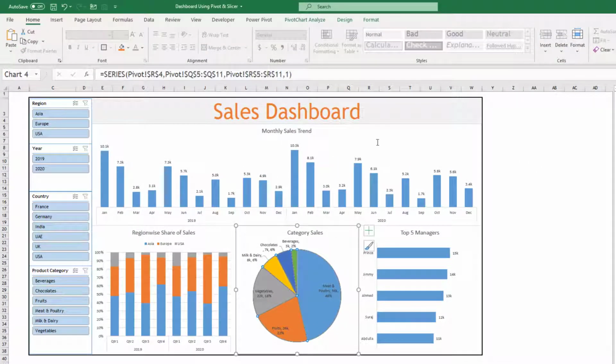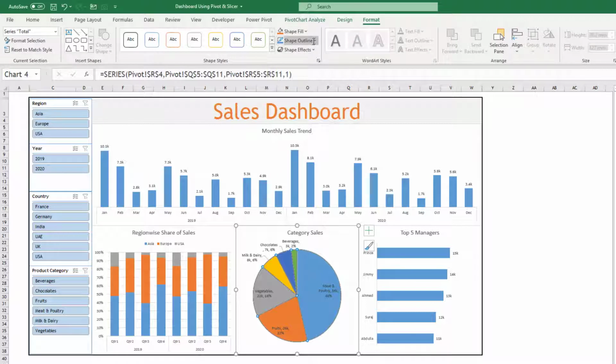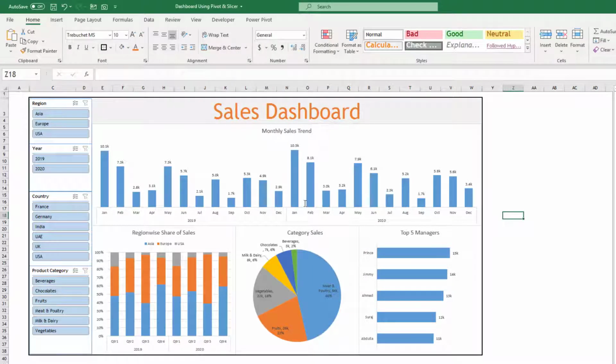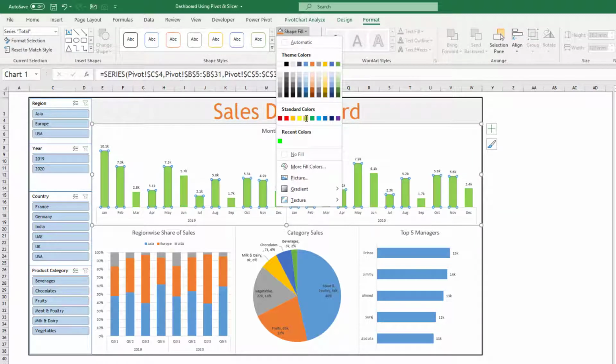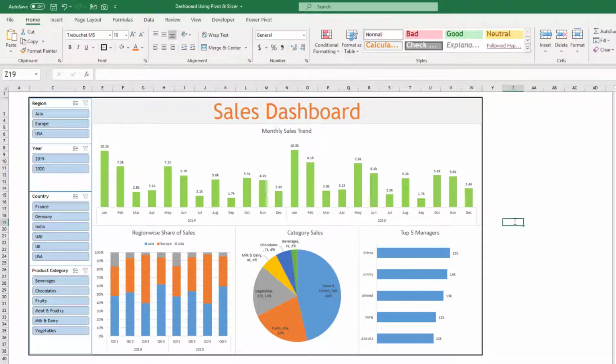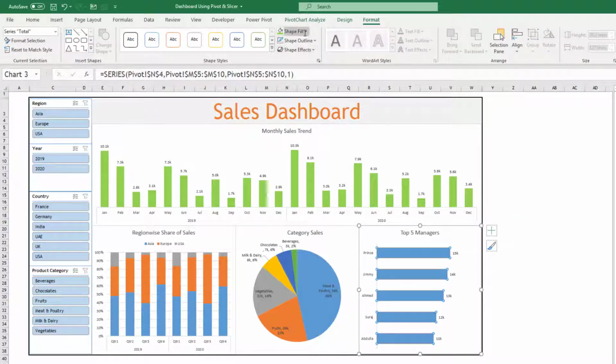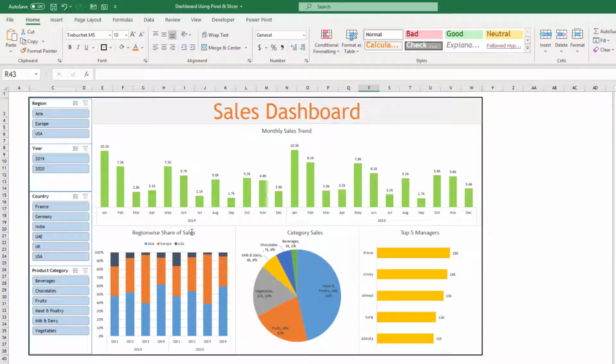For this chart, I don't want to keep any outline. So go to shape outline and no outline. So now only colors are shown. If you want to change any color, click on the columns, shape fill, and maybe I would like to keep this green color here. For this one, maybe I would like to keep this orange color. This requires different colors, so I will not disturb it. This is just to show you how to change colors, but do not add too many colors unnecessarily to the dashboard. Now one more thing I would like to show here is what is my total sales.